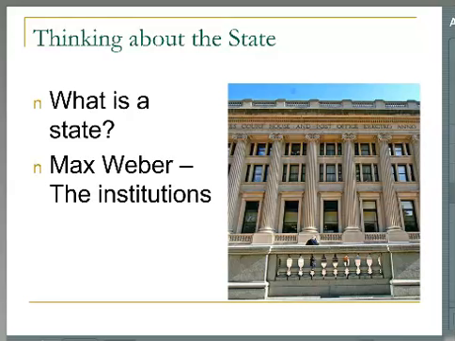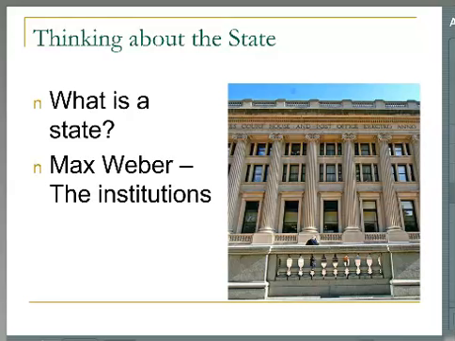A German sociologist named Max Weber did a lot of thinking about the state and its proper relationship with the citizens who are governed. And so he came up with a pretty good definition, and we're going to use Weber's definition of the state in this presentation. What Weber said is that the state is a set of institutions within a specified territory that has a monopoly on the legitimate use of force. Now we want to tease out each part of that definition.